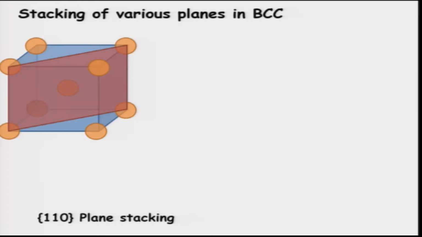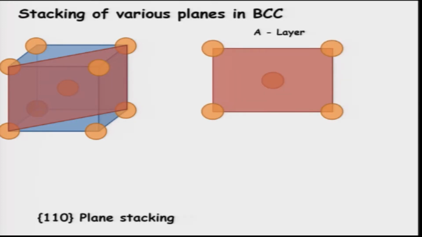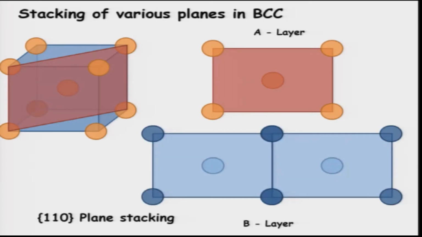But when you look at it, let us first draw how this 110 plane will look, and let us call it A layer, assuming there is more than one layer. So, this A layer looks like this, but if you look over here, there is a parallel plane which will contain this, and just below this atom there is no atom over here. So, certainly there is one more layer, and how does that layer look? If you place it just below, this is how it will look. So, the overall form of the layer is similar. You have a rectangle and an atom at the center. Here also you have a rectangle and an atom at the center.